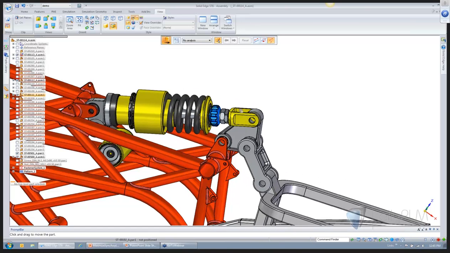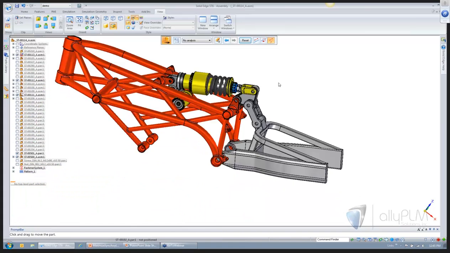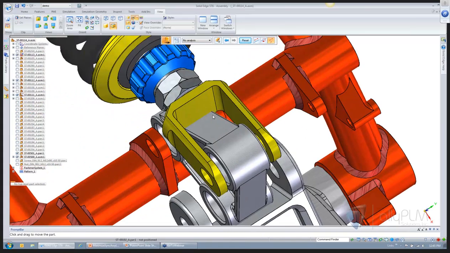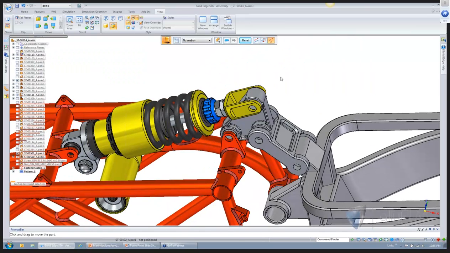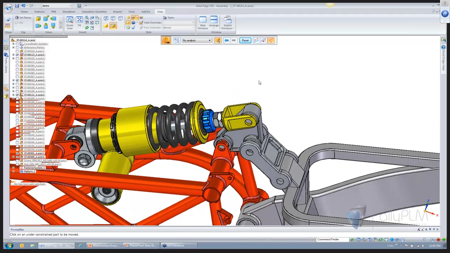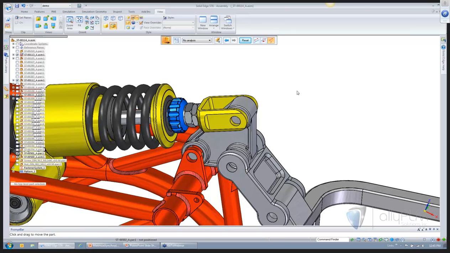As I move this thing, we're going to reach a spot where there's going to be some interference. And I'm not going to run detection analysis right now, but you can see that I've collided here, and I need to make an adjustment to this part. This, in my opinion, is where synchronous design approach really pays off in spades. I can do part priority